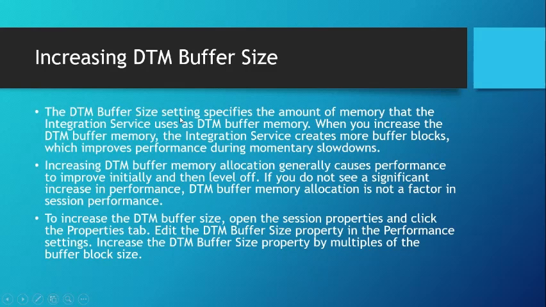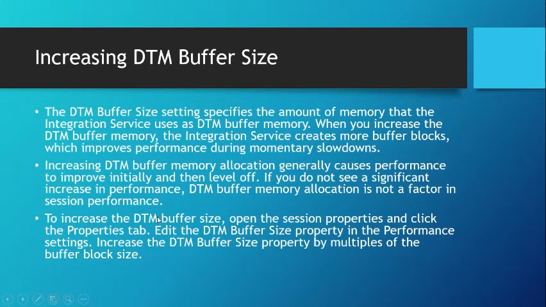Increasing the DTM buffer size setting specifies the amount of memory that the Integration Service uses as DTM buffer memory. When you increase the DTM buffer memory, the IS creates more buffer blocks, which improves performance during momentary slowdowns. Okay, so increasing DTM buffer memory allocation generally causes performance to improve initially and then level off. If you do not see a significant increase in performance, then DTM buffer memory allocation is not a factor in session